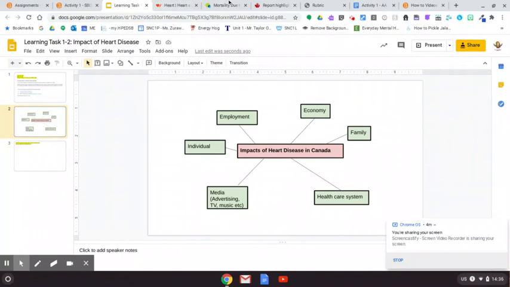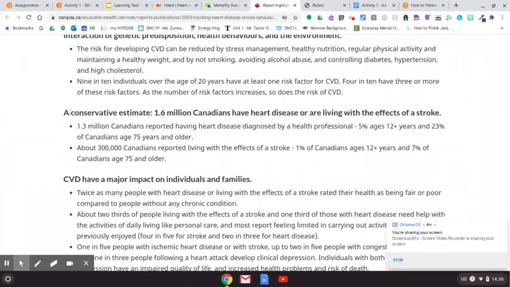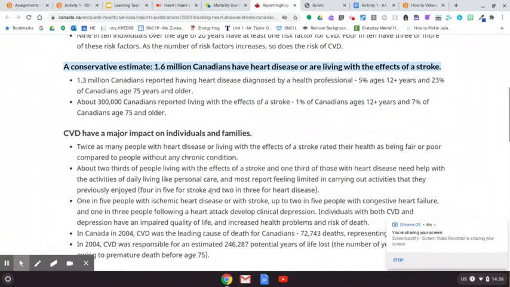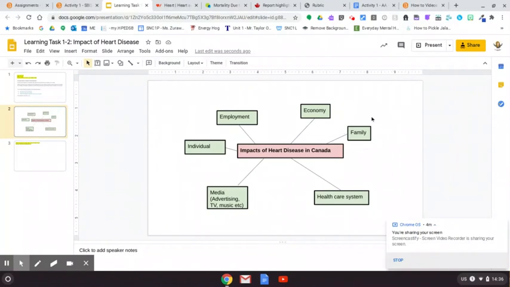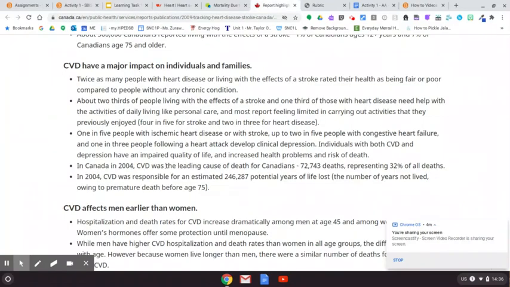Okay, so for your individual, to me, that's kind of a really interesting thing, right? That's a pretty big estimate, and that's conservative. So that might be something that I share. CDC have a major impact on individuals and families. Okay, so if we look back over here, we were also looking for some sort of statistic that had to do with families. So if we read through these,